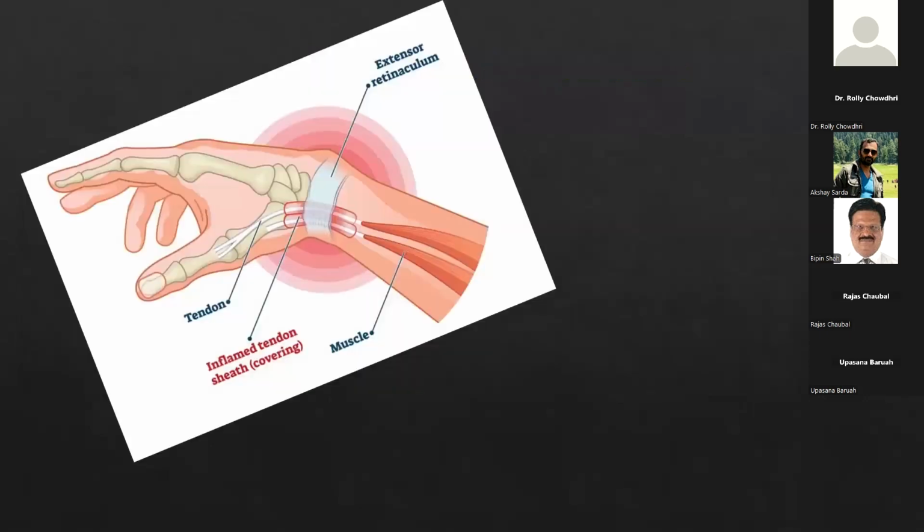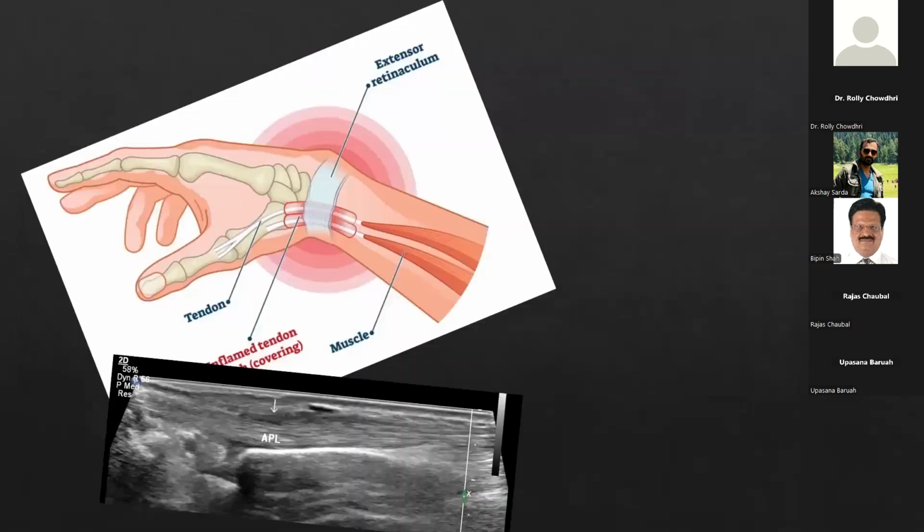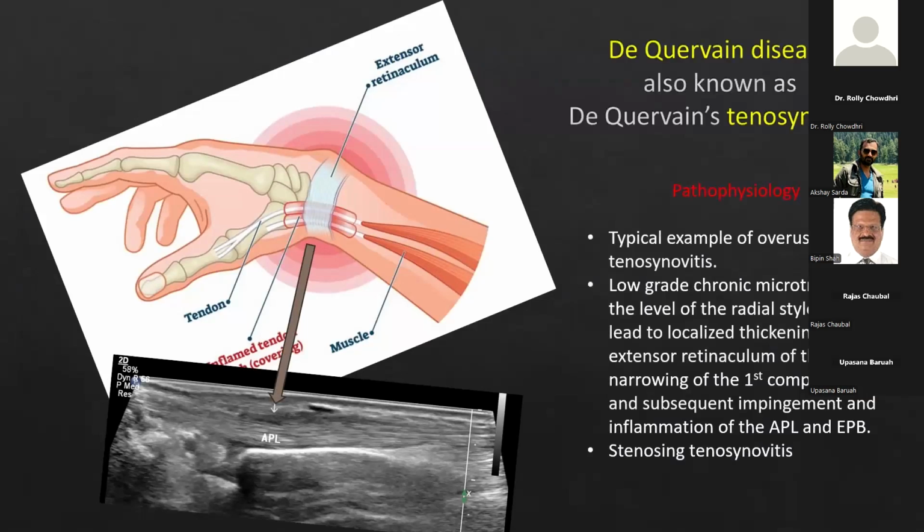What happens in de Quervain's is that you get severe thickening of the extensor retinaculum. Because of chronic overuse, you get low grade chronic microtrauma at the level of the radial styloid,